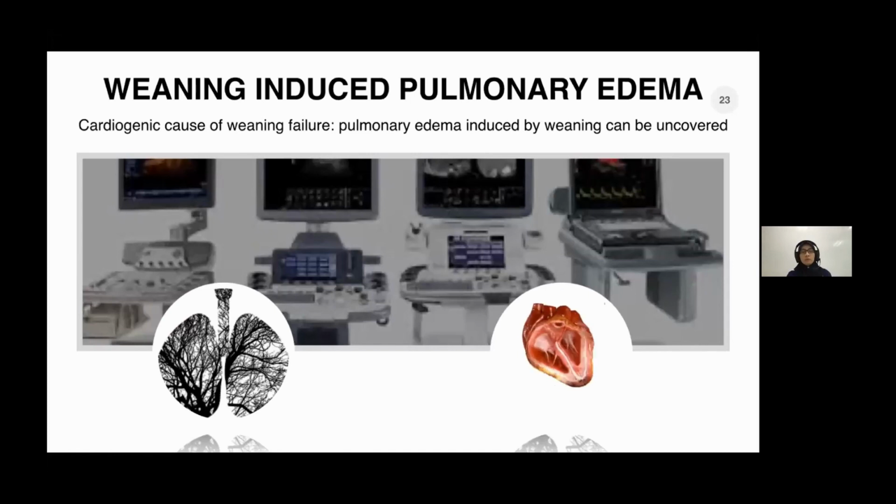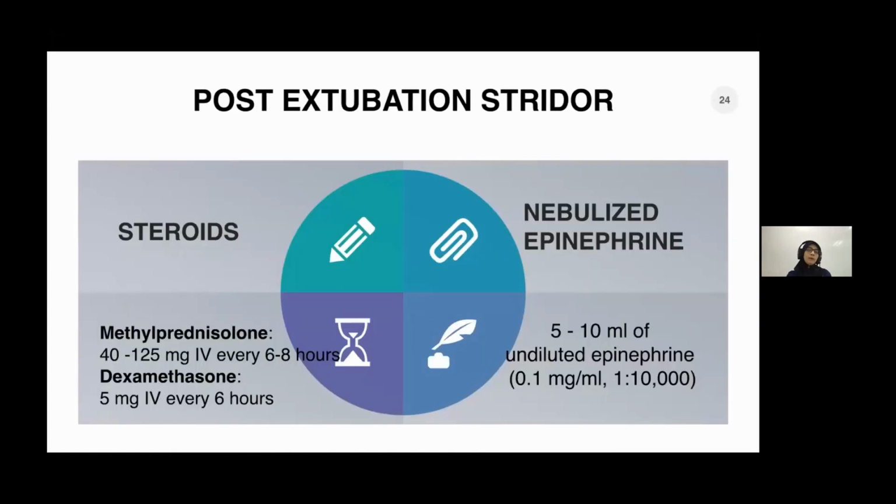Right. Certain patients will develop laryngeal edema. They will come to you with stridor. So you can give the patient steroid. You can give nebulized epinephrine to these types of patients. All right. Even though the effect actually takes some time. For example, if you're giving steroid, it will take about 6 to 8 hours, but still it can be initiated early in ED. Right. So this is a checklist.